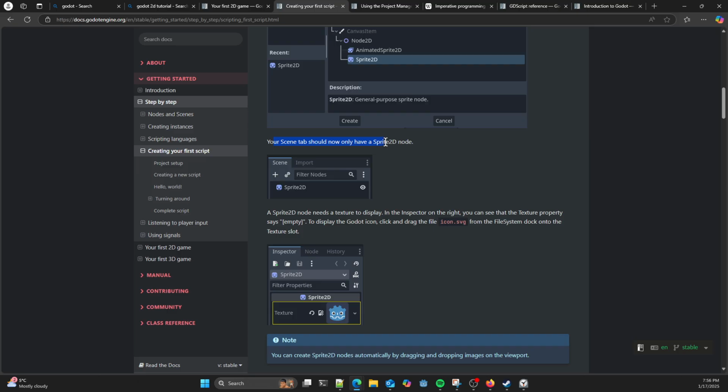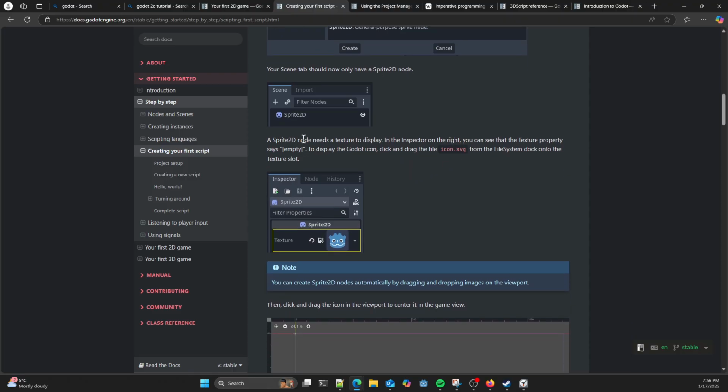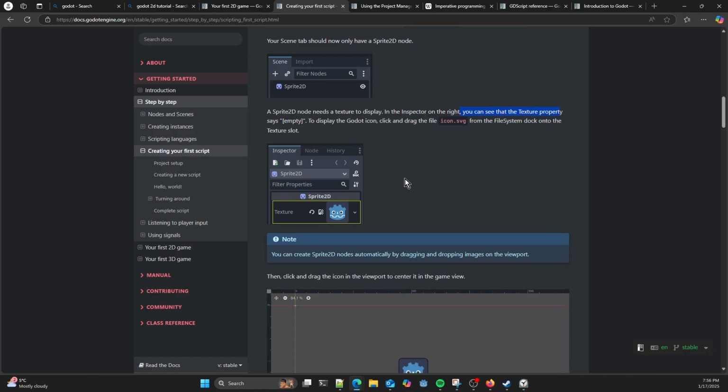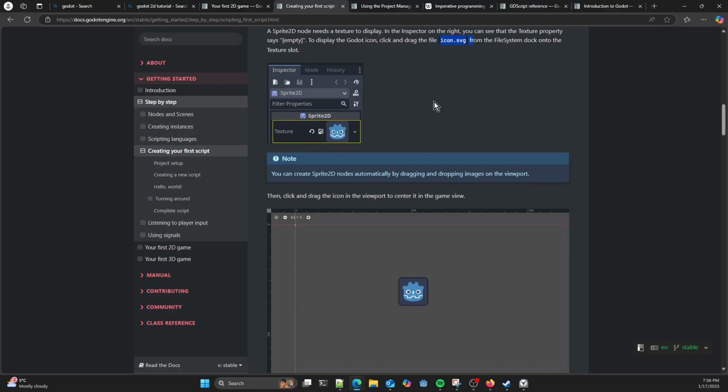So once you've created that, your scene should just have a Sprite2D node. Right, now what the tutorial is doing is giving it an image to display. So there's a texture property, and if we change the texture property by that drop down to be the icon that gets associated with the default project you just created, which is this little thing. Obviously you could replace that if you wanted. Now that texture becomes associated, that's the property of this Sprite2D.